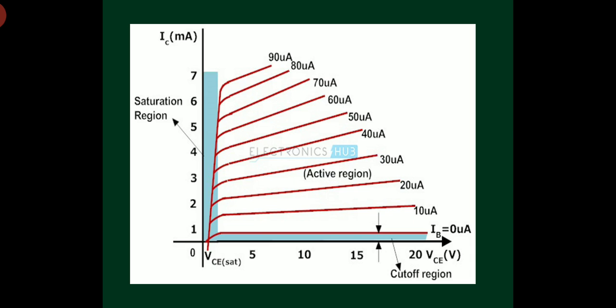A curve is drawn between output current IC and output voltage VCE at constant input current IB. When the base current IB is 0 microamp, the transistor operates in the cutoff region. In this region, both junctions become reverse biased. If the input current is increased from 0 microamp to 20 microamp, let us suppose, by adjusting input voltage VBE, the input current is kept constant at 20 microamp. While increasing the input current IB, the output voltage VCE is kept constant at 0 volts.